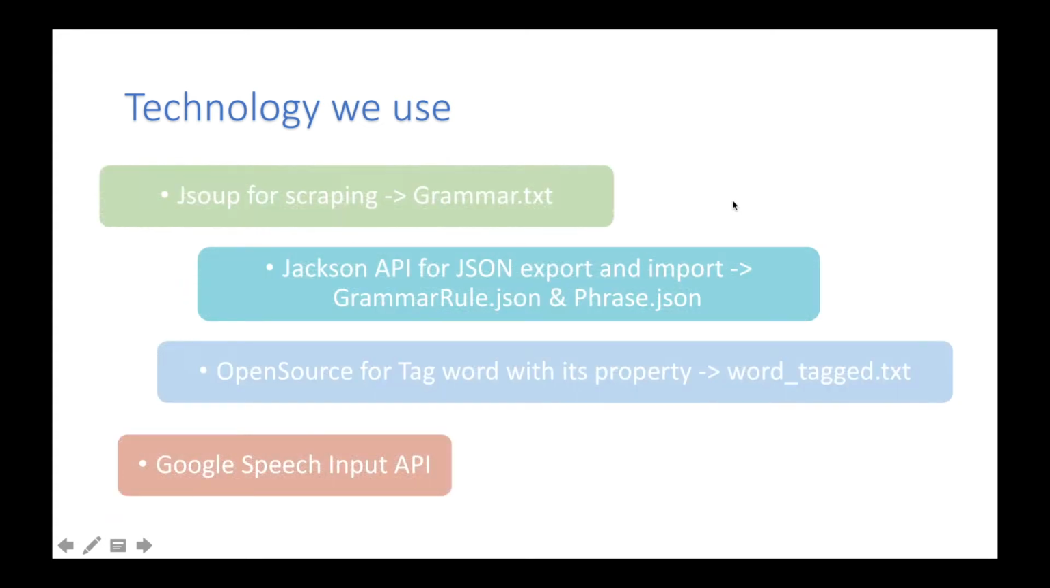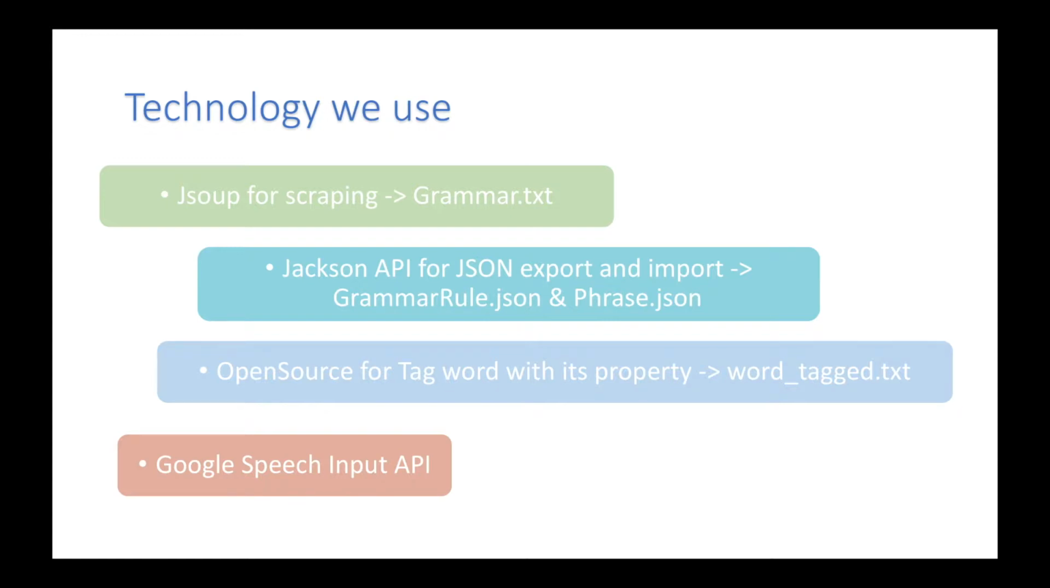I will introduce the technology we use in our project briefly. Firstly, we use the JSoup API for scraping the data and generate the grammar.txt. It is used for training the grammar rule and phrase combination in our project. Second, we use the Jackson API for JSON export and input. By doing that, we can export our data structure to a grammar rule JSON file and a phrase rule JSON file. And if we have it, we can check the grammar rule and phrase combination in a relatively short time of